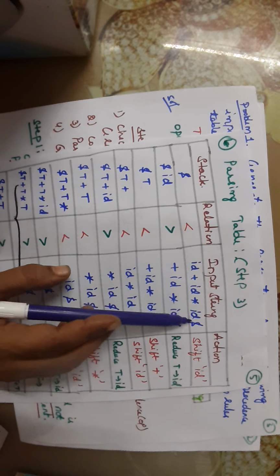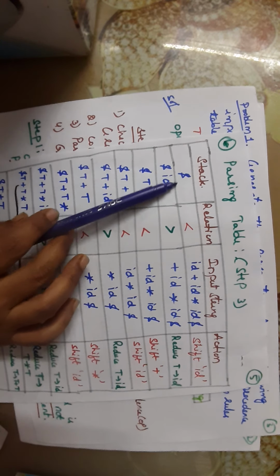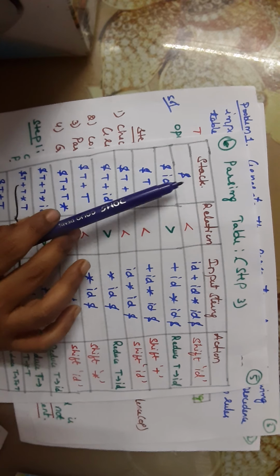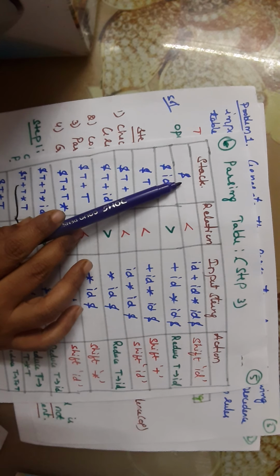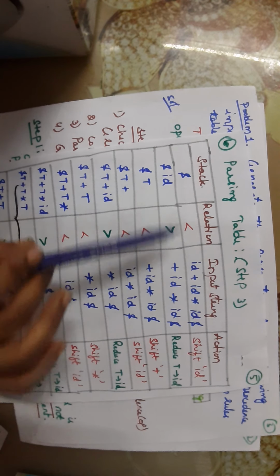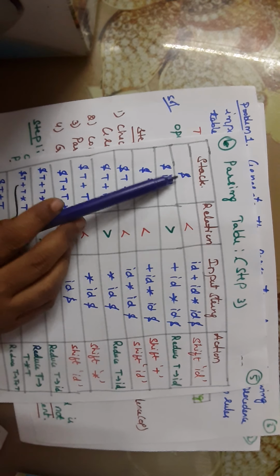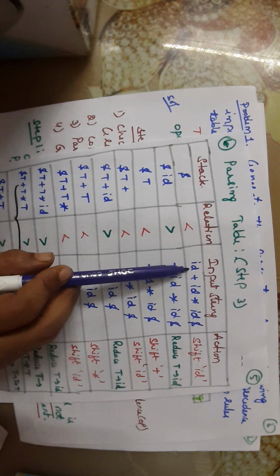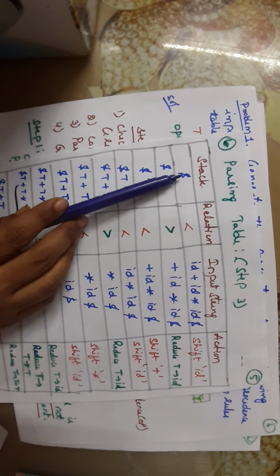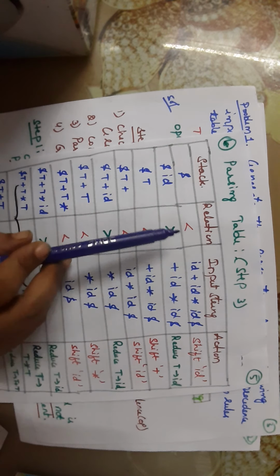So initially we take id plus id star id, and here we always compare the elements on top of the stack. We always compare the terminals in the stack with the input string. We never compare the non-terminals in the stack to the input string. So initially it will be dollar and this is the string. Then compare dollar with id. Dollar is a terminal here. Dollar is always less than the remaining symbols, so dollar is less than id.